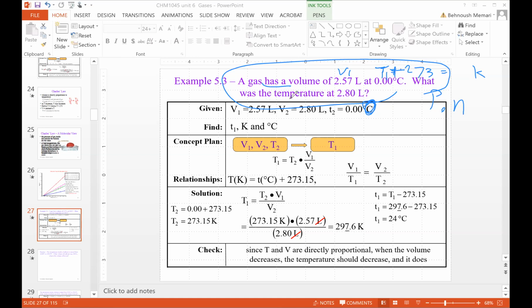What is the temperature at 2.8 liter? Okay, so if the temperature is in question here, we need the T2, question mark. That's what we are looking for, and the volume is given to us as the 2.80. So we are looking for a